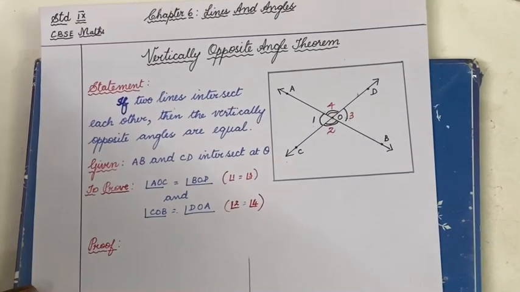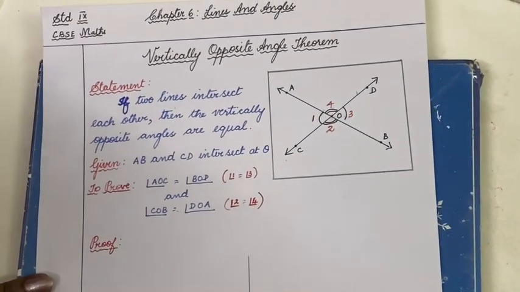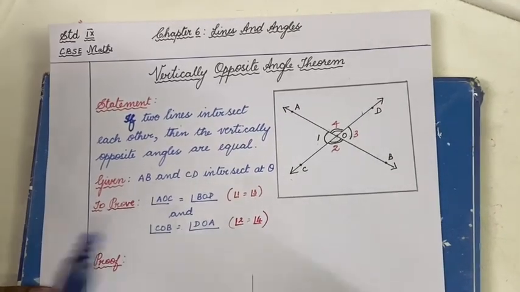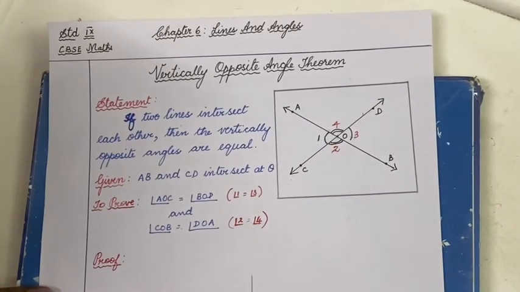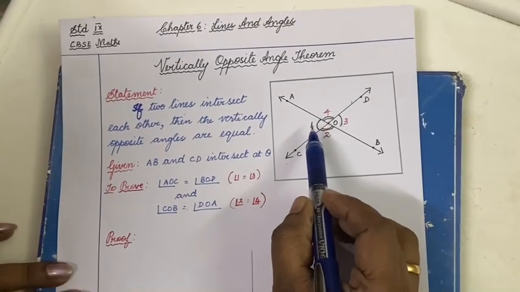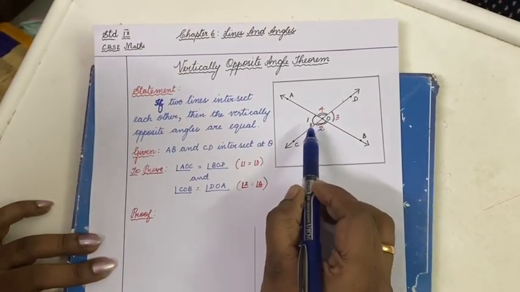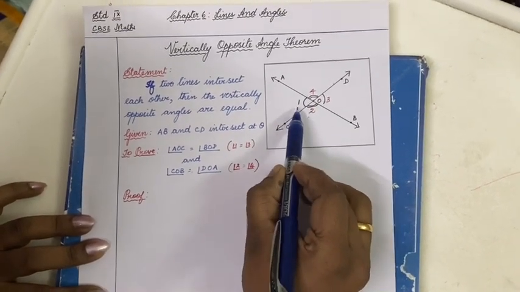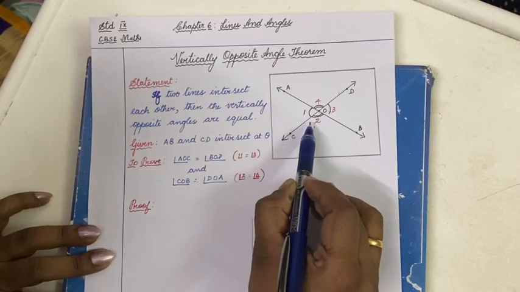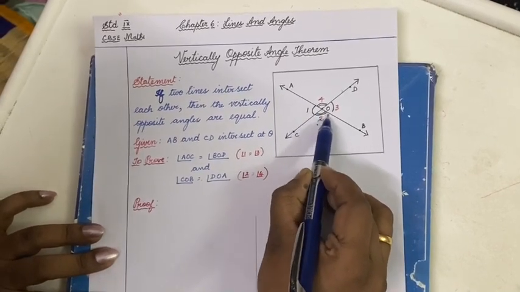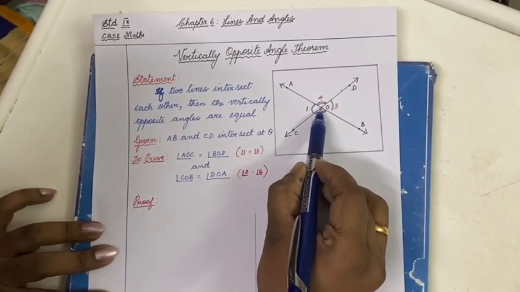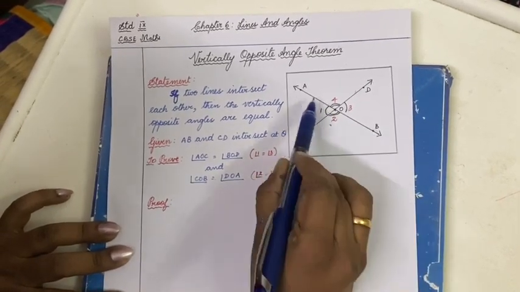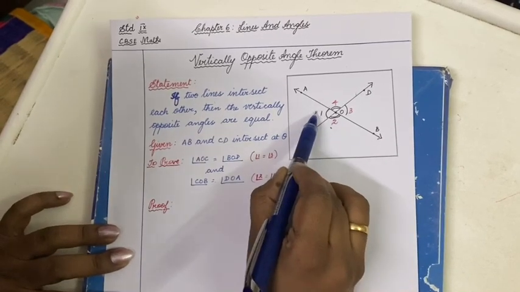Now, what are we supposed to prove? That proof is the main thing. I'm going to teach you how to do it. First, again referring to the diagram only, we are going to do the proof. That's the reason I told you the diagram is very, very essential for proving a theorem and a rider. So, look at angle 1 and angle 2 taken together. What can you say about angle 1 and angle 2? Yes, these two are adjacent angles because they have a common vertex and a common arm, and the non-common arms make a straight line, so they are a linear pair.